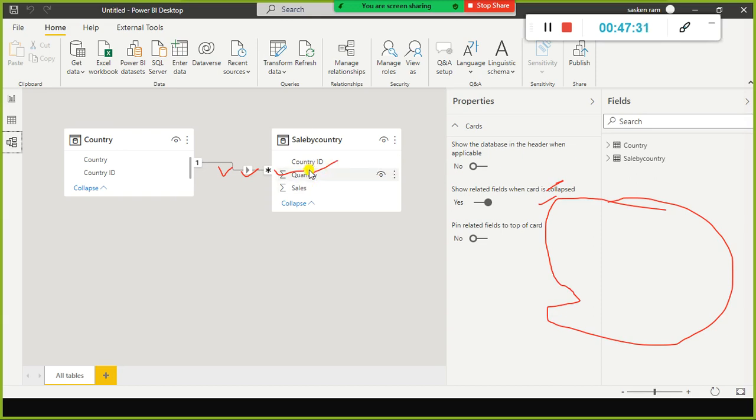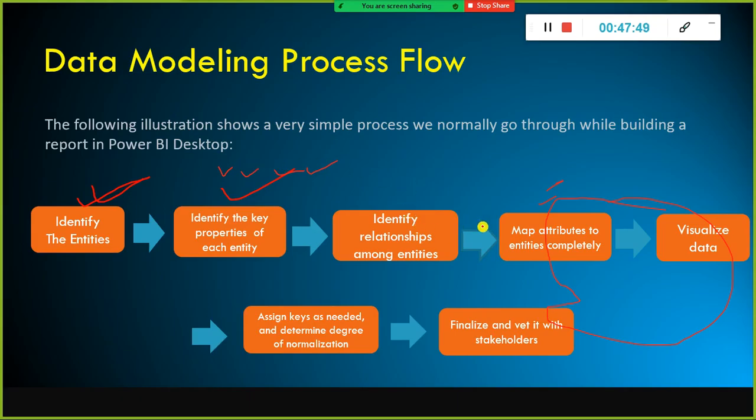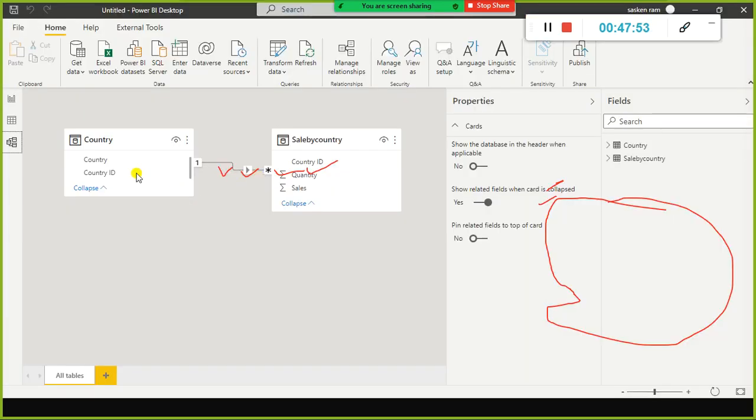These are the columns that we identified as part of this entity, and similarly we identified the column names for this entity. The next step is we mapped the common column between these two tables. Map attributes to entities completely. That is what we did. So in this case, country ID is common between these two tables.